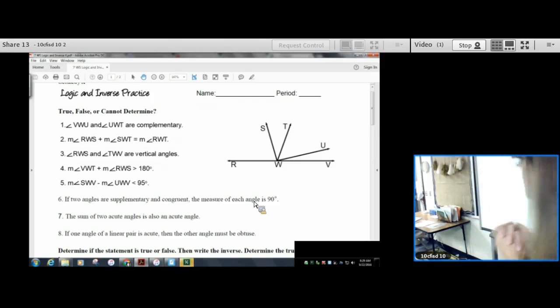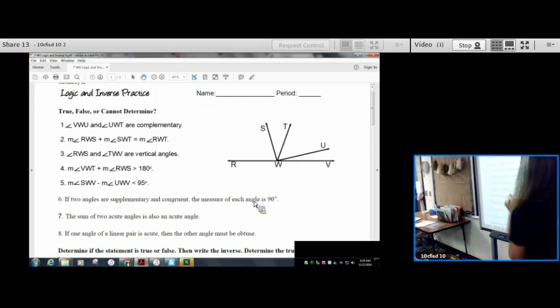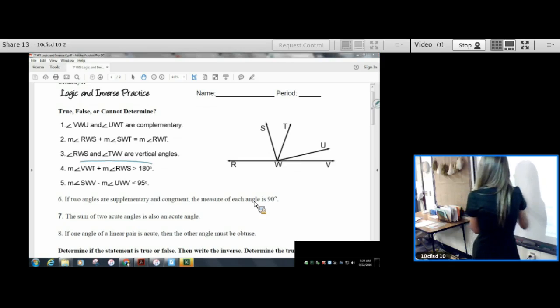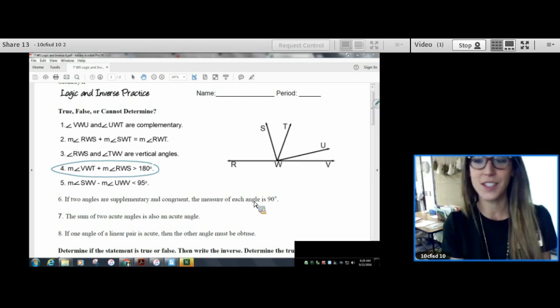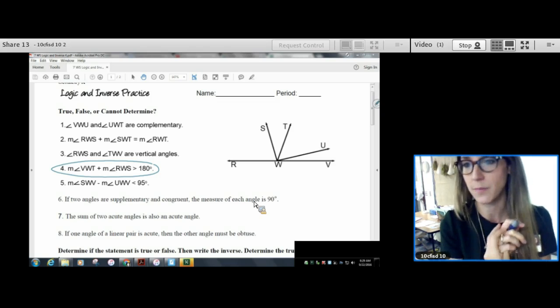This is the logic and inverse practice, and we're looking at number 4. Assume or not assume is kind of what we're saying. Is that statement true? Is it false? Or can we just not determine yet because we don't have enough information? Okay,